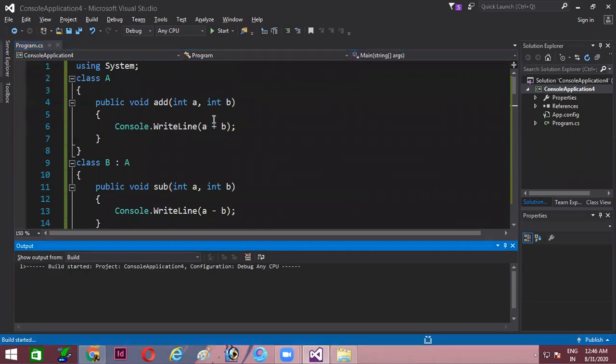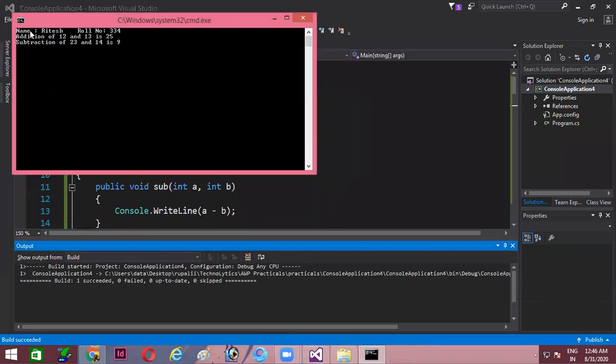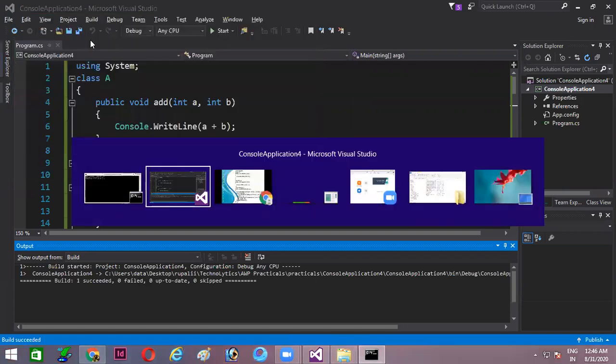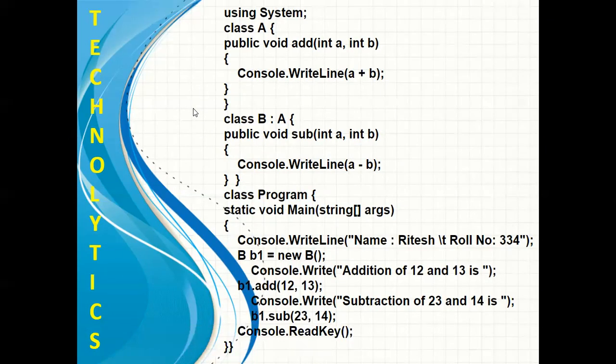I'm pressing Ctrl and F5, and here you can see the author's details followed by addition of 12 and 13 is 25 and subtraction of 23 and 14 is 9. So even the output from the add method is displayed though the object was created of class B.